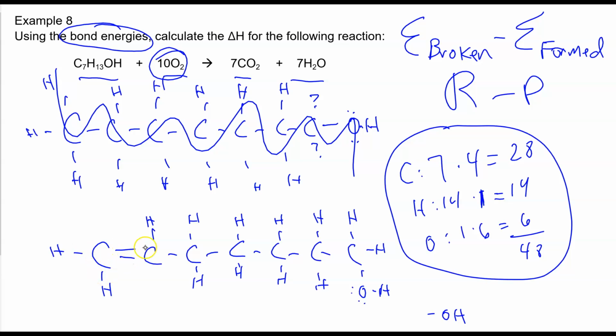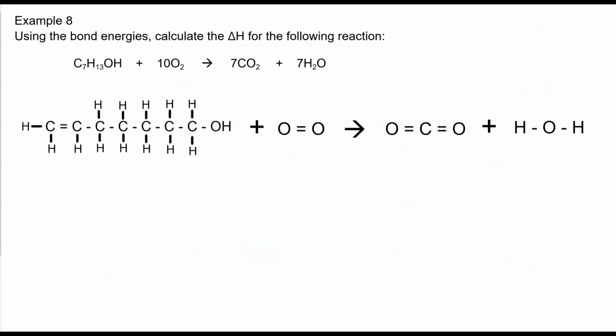There's 2, 4, 6, 8, 10, 12, 14, 16, 18, 20, 22, 24, 26, 28, 30, 32, 34, 36, 38, 40, 42, 44, 46, 48. So that has the right structure. I find it difficult to do this with something like this rather than the process I initially showed you, but I wanted to show you how you get the number of electrons you need in a structure. So now let's go back to